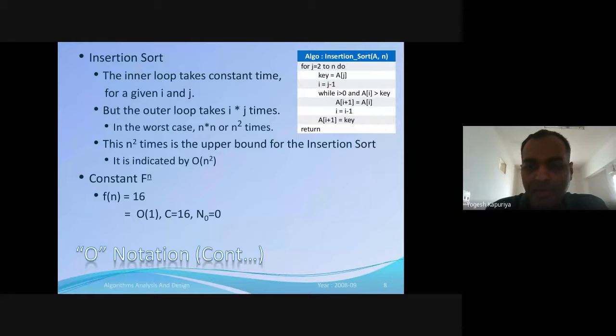So step 1 was computing the step count. That gives you some equation. Step 2 is to compute the time complexity using those equations. You can use any notations in that. It's like you are measuring your length in meter, centimeter, millimeter, foot, etc. Similarly, here you are measuring the time complexity only, but the unit of that measurement can be big O, big omega, little omega, and theta. Now, depending on your requirement, you can use the notations.